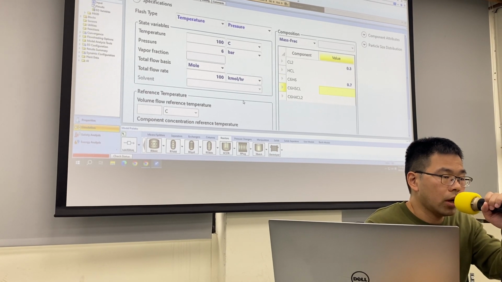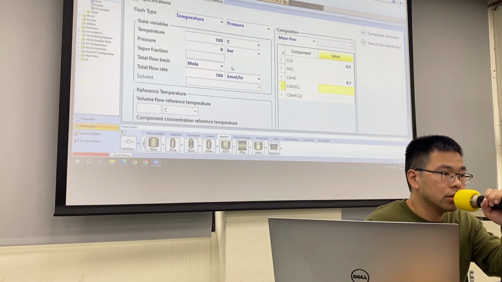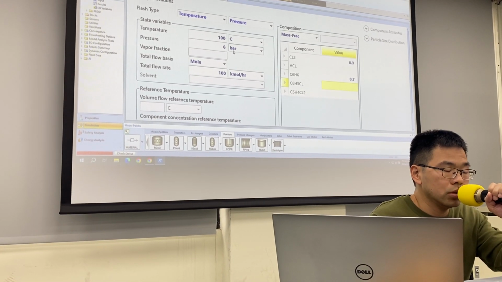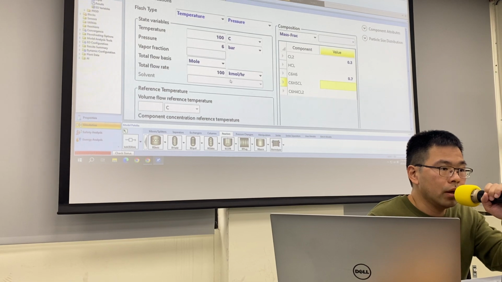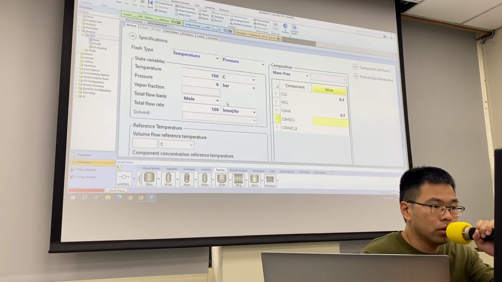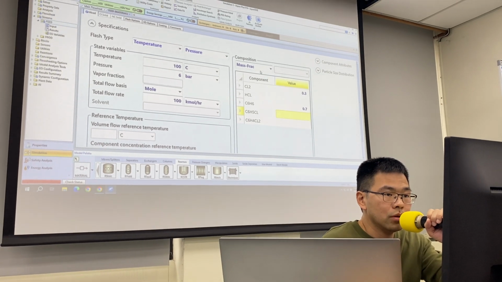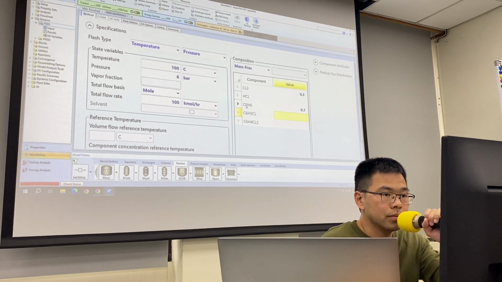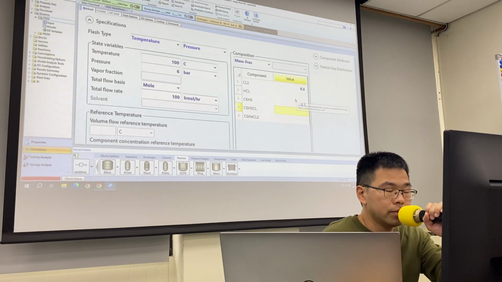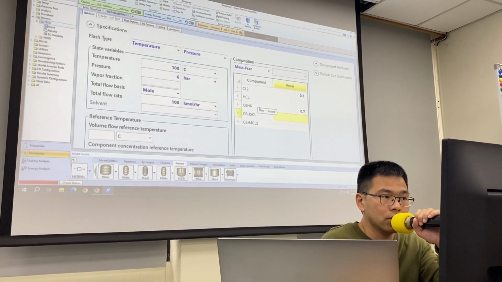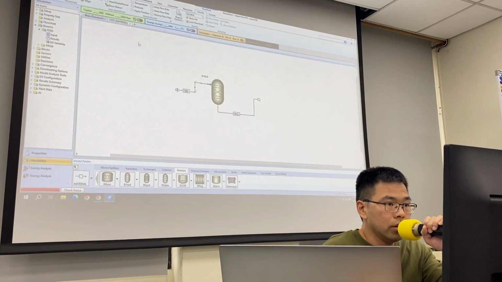Okay, I just arbitrarily define the inlet conditions: temperature of 100 degrees Celsius, pressure of 6 bar, and there will be 100 kmol per hour, and the mass fraction is respectively 0.3 and 0.7 for the chlorine and the benzene, okay? And then